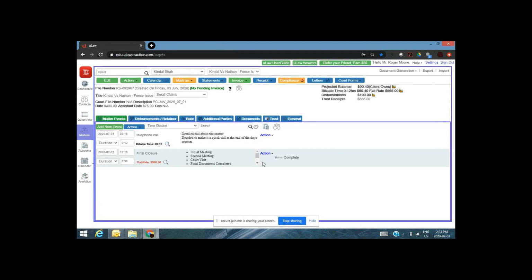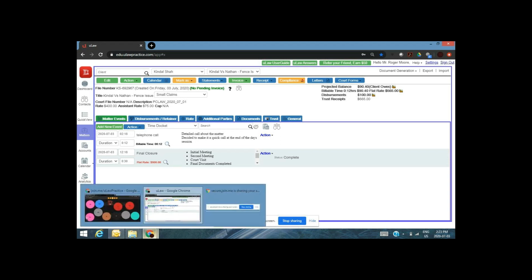Now let's look at the status. Let's say you've done this, or maybe your assistant has done this behind the scene, or you have done this later that day. The status of this entire file has changed, right? Before it was a different component, now it's a different component. So let me once again